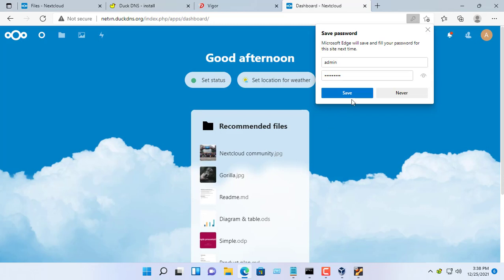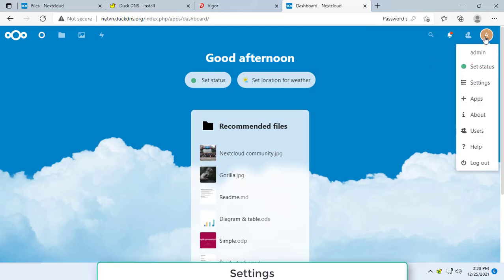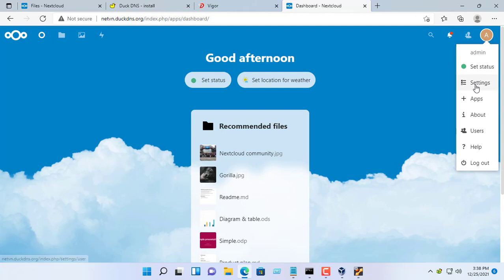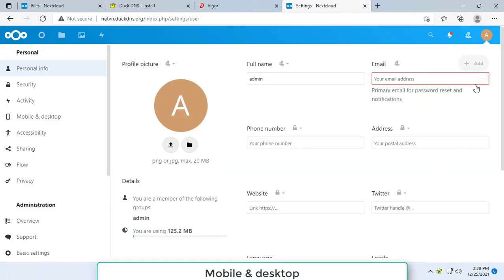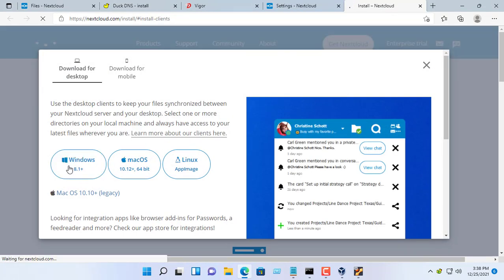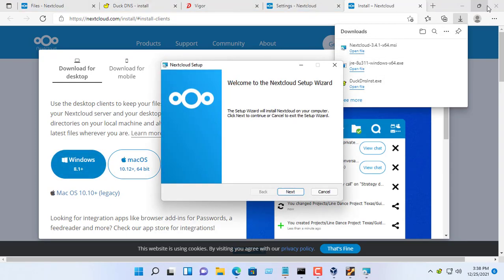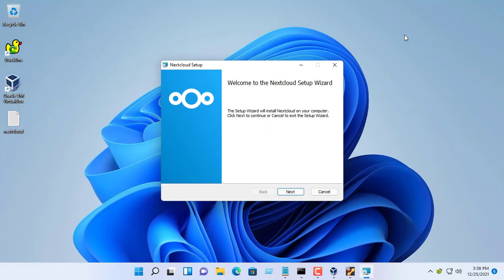At this point, the Nextcloud server is done. The next step is to install the Nextcloud app. Nextcloud supports Windows, Android, and iOS operating systems. You download and install Nextcloud on your Windows computer.